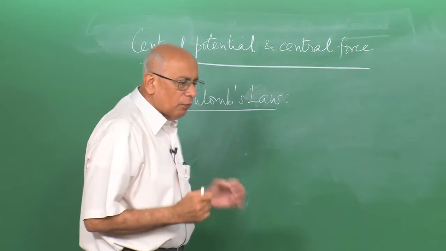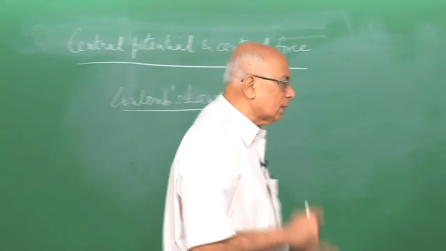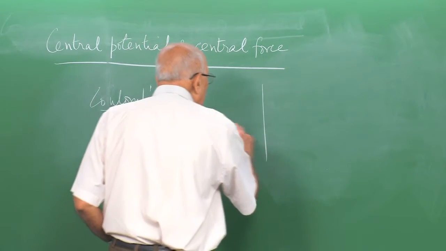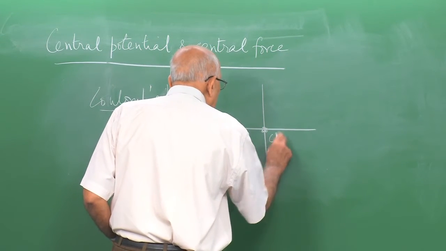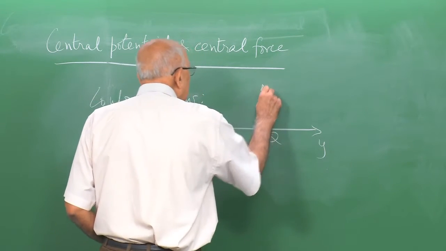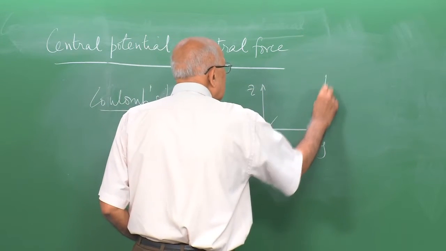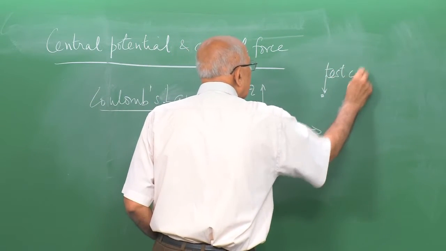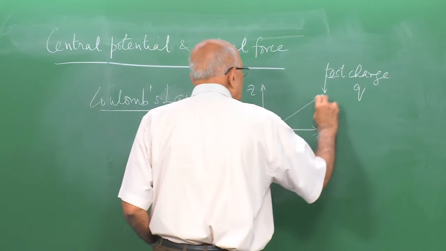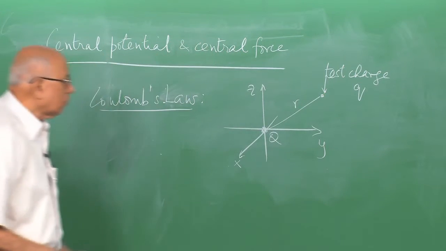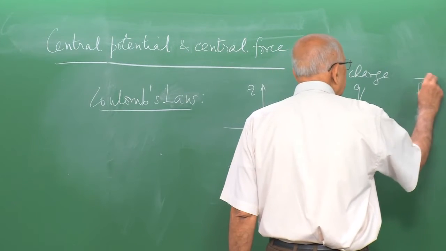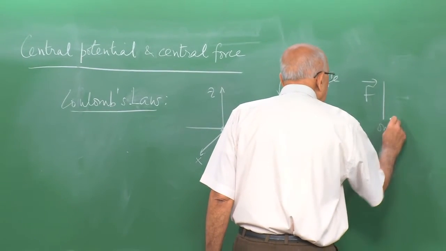that the electrostatic force between two charges, point charges q1 and q2, or little q and capital Q say, is of the following kind. So if you put one charge here, capital Q, at the origin of coordinates without loss of generality, here's x, y and z, and you put a test charge, little q, there, at some distance, little r, from the origin of coordinates, then the force on this test charge,